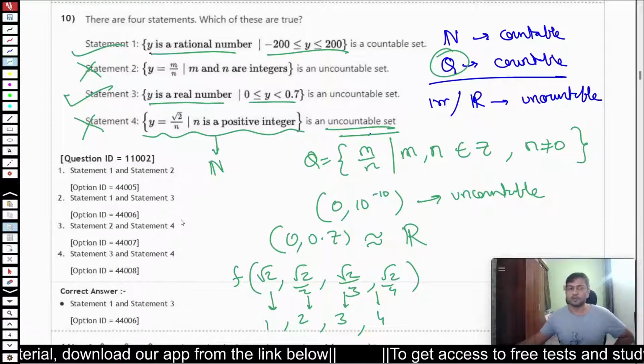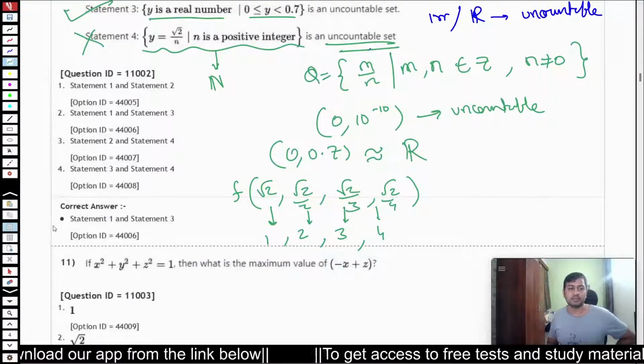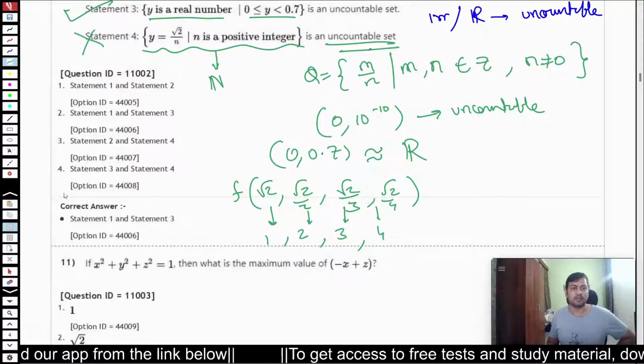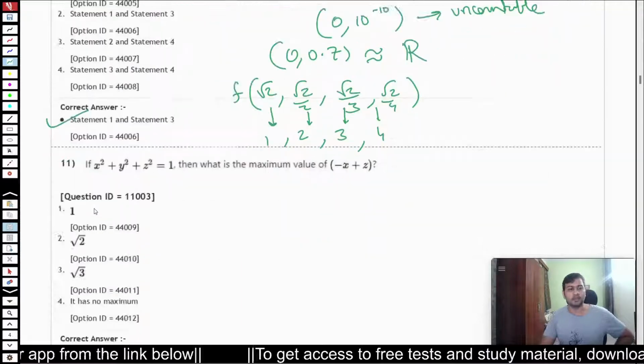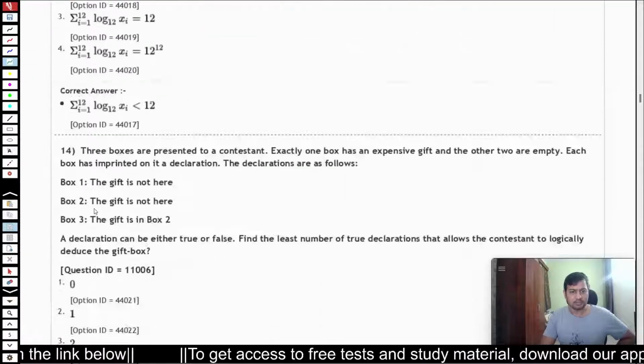Alright. So because of these reasons, question number 10 में the correct answer is going to be statement 1 and 3 are correct. राइट। एक बार देख लेते हैं मैथ्स के कितने सवाल है इसमें।